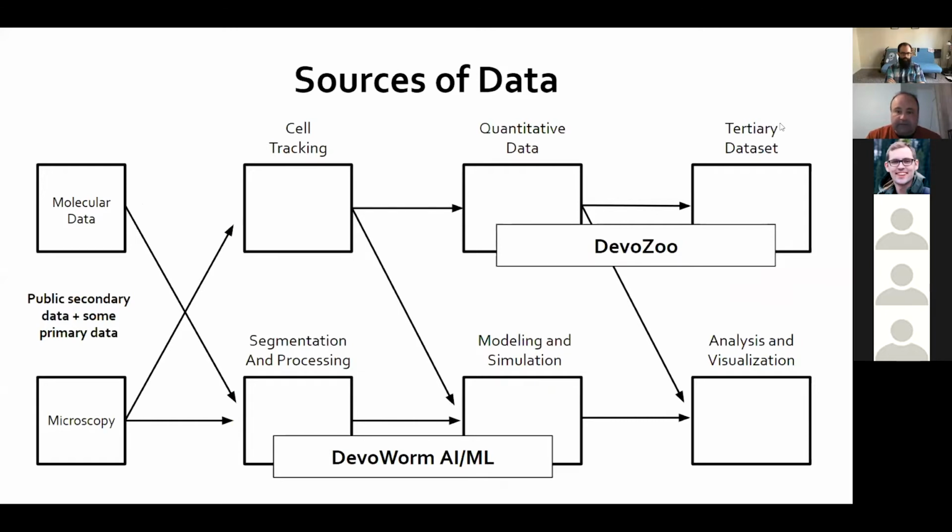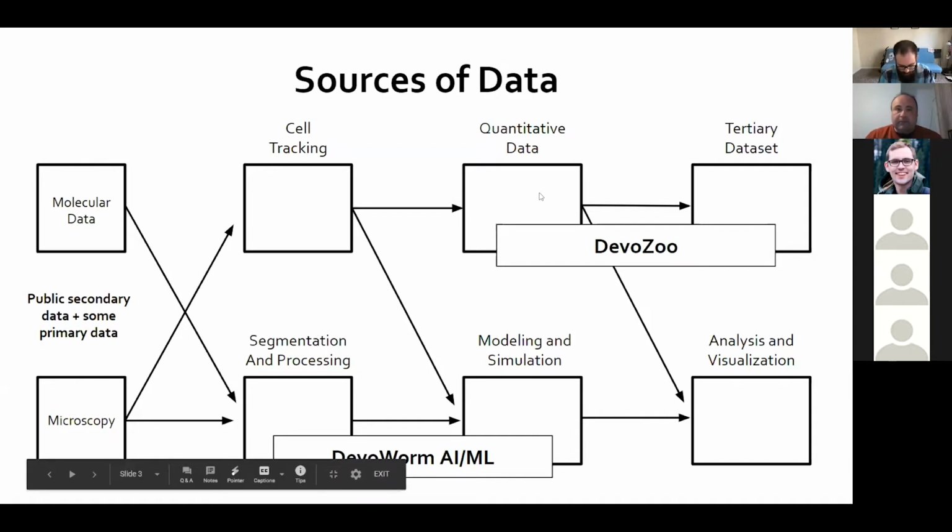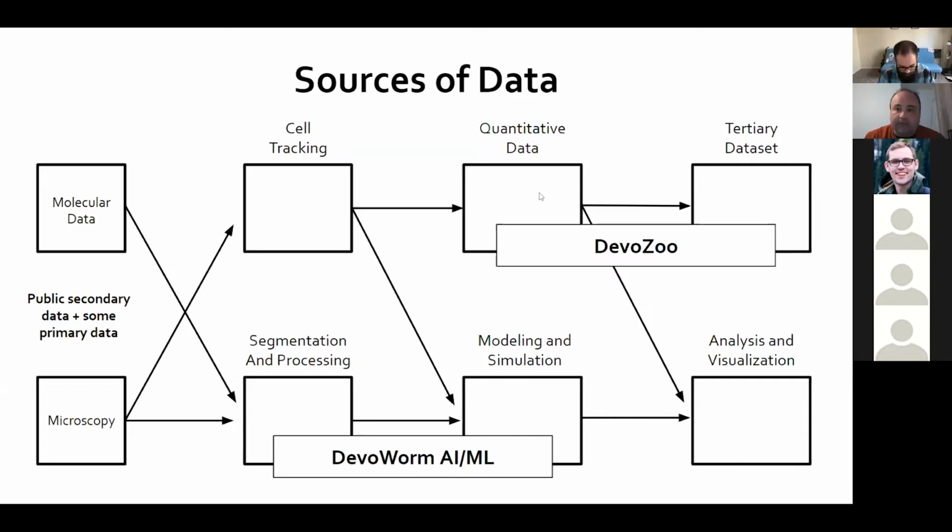What we have in terms of data, we have mostly microscopy data at this point, but we have some molecular data, and as you will see, some reproductive data as well. But this is all made public, and we believe in open data, so we are very attuned to that. But we also do a lot of analysis on our own of different imaging data and other things. So we have developed some segmentation and processing pipelines. We do some modeling and simulation as well. We do a lot of quantitation and developing quantitative models.